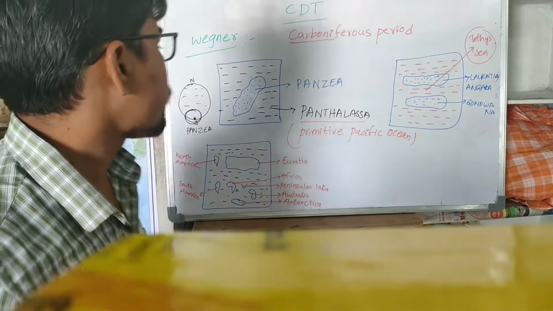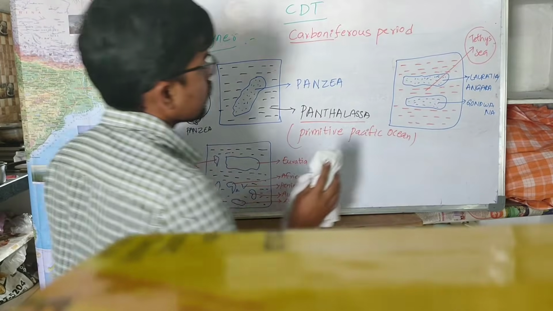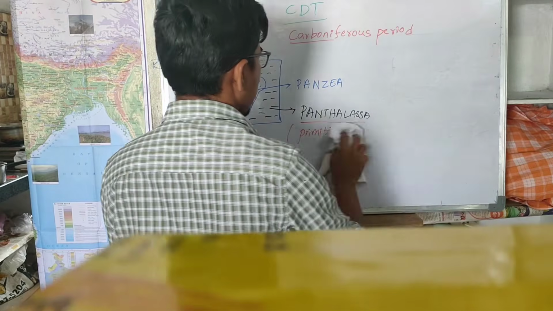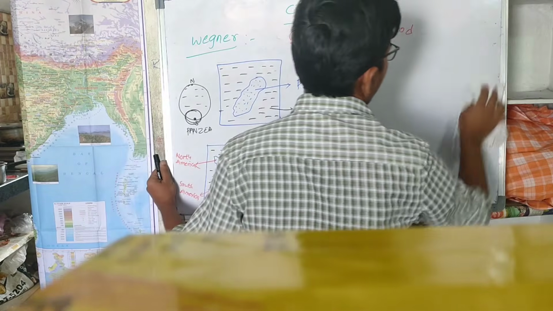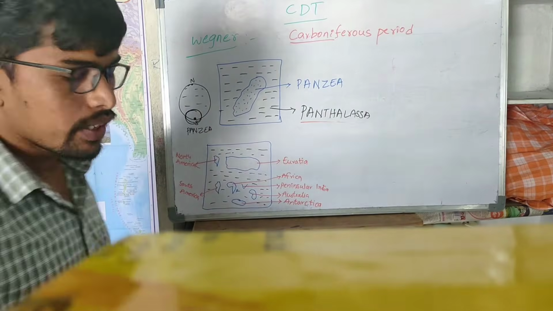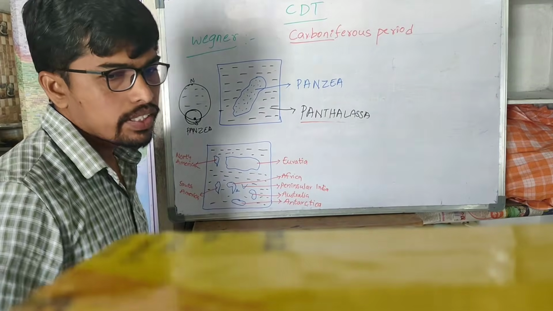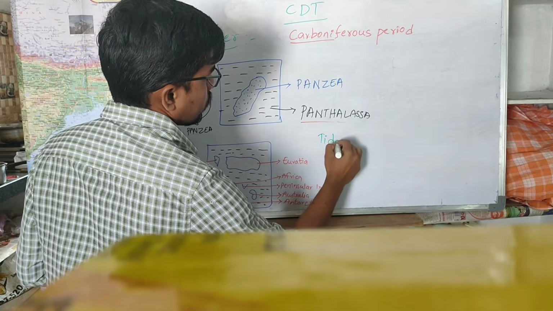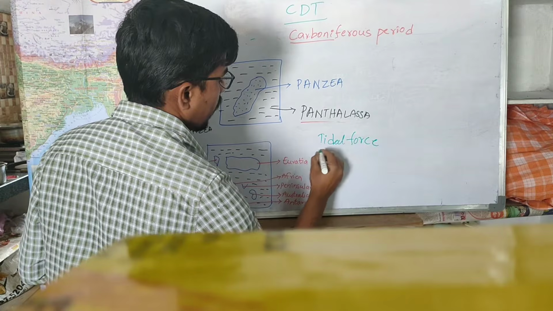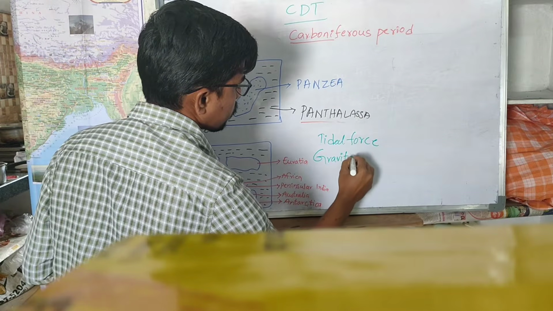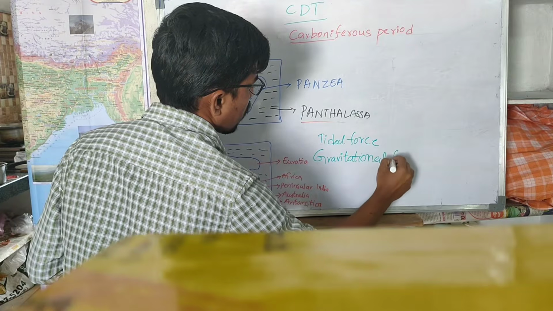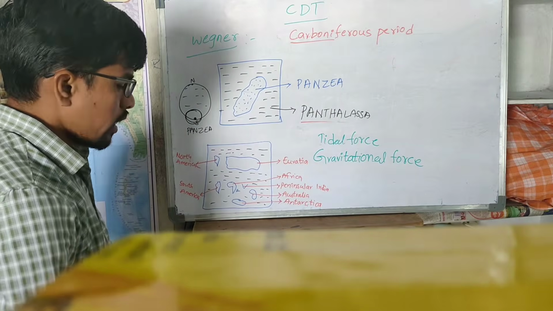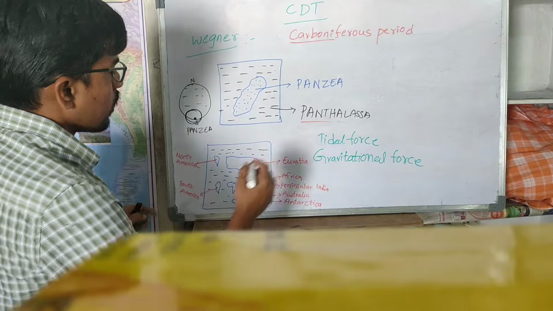In the later part, according to Wagner, he explained the forces, how they are applied. We explained earlier the two forces: one is the tidal force, and the second one is the gravitational force. Tidal force and gravitational force. How these are applied in this process according to Wagner? The tidal force which